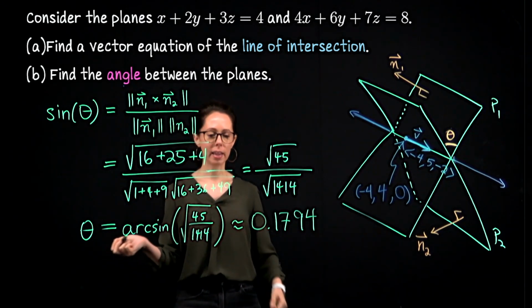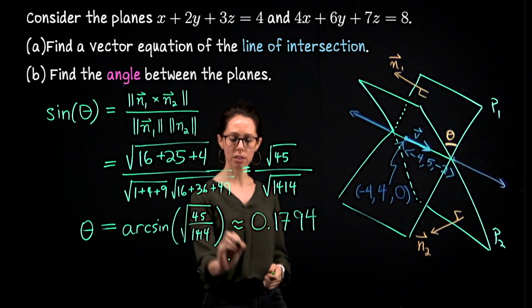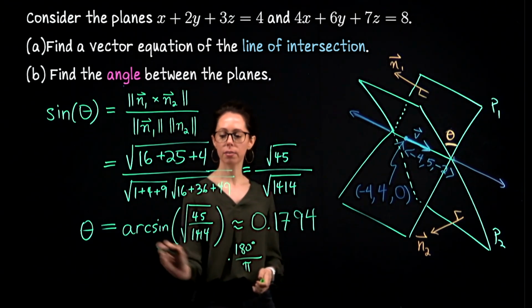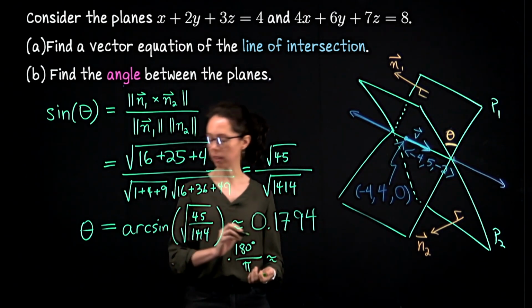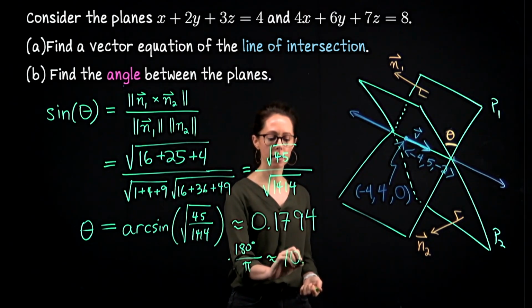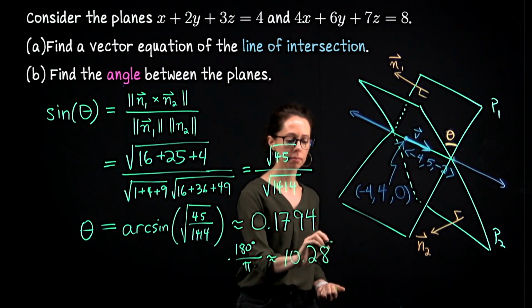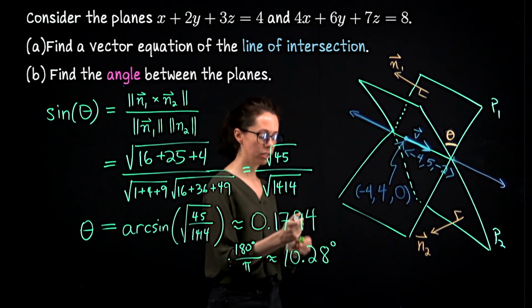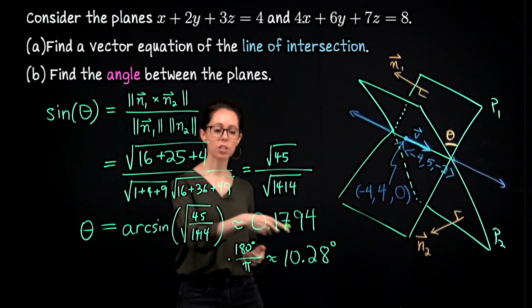If you want to convert it, you could take this and multiply by 180 degrees divided by pi radians to convert from radians to degrees, and you would get still a pretty small angle, but something that sounds a little bit more like a degree measurement. That would be 10.28 degrees. Okay, so if you have a calculator, do make sure that you actually get these numbers to make sure that you are entering this all in correctly.